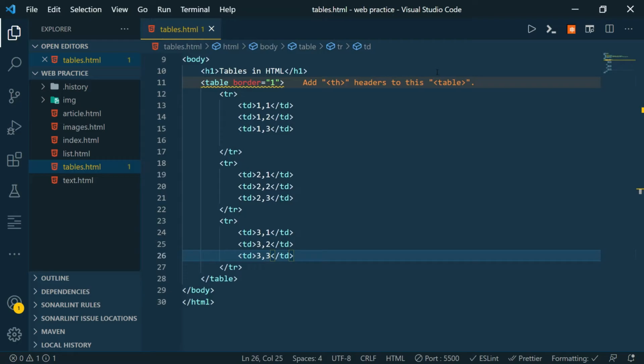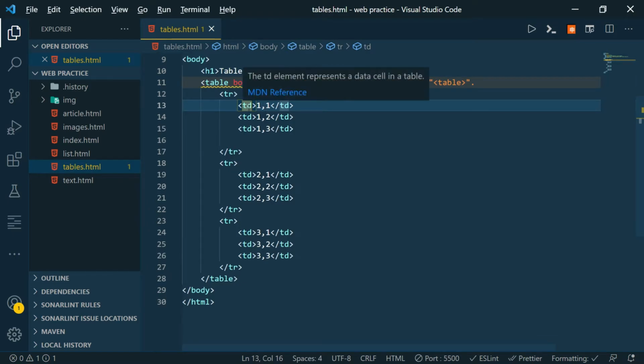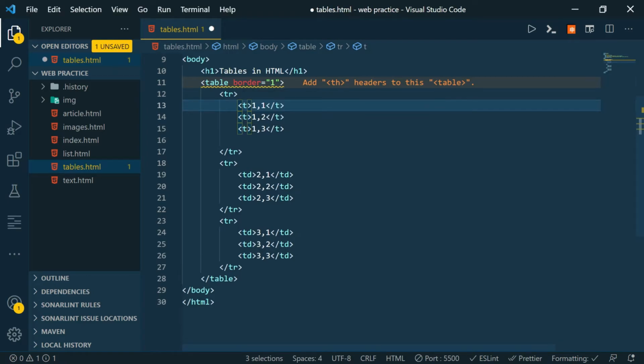Let us now explore tables in HTML more using our th tag. The th tag is used to specify the heading of the table. It is usually used as a replacement of the td tag in the first row of the table, though it can be used in any row. It's not compulsory to use it in the first row, but it is usually used in the first row because usually the first row indicates the heading of the table. Let's change this td into th and see how it changes our table in our document.